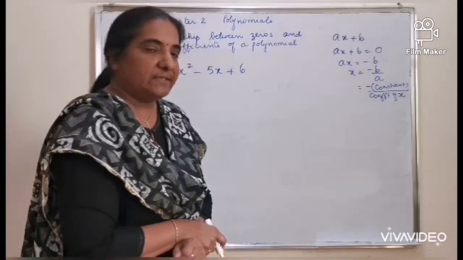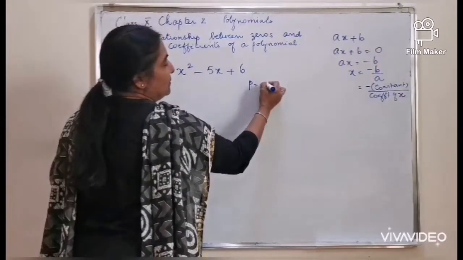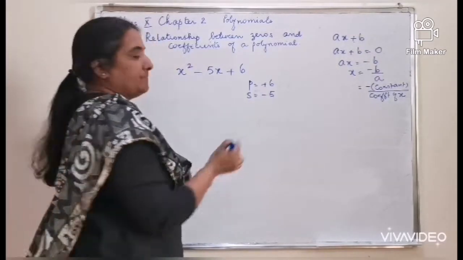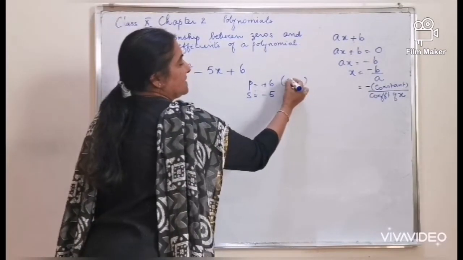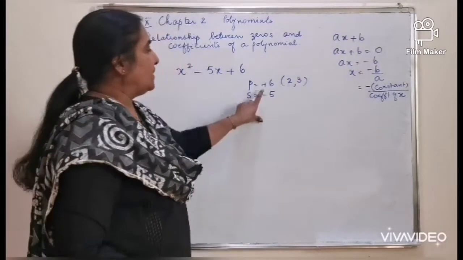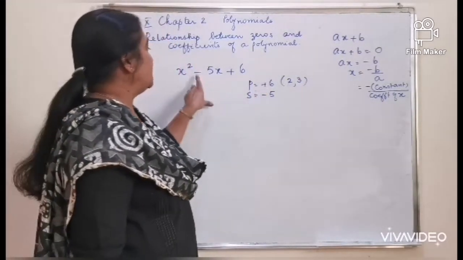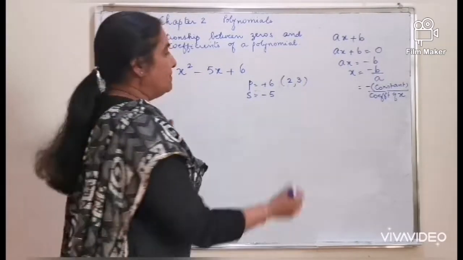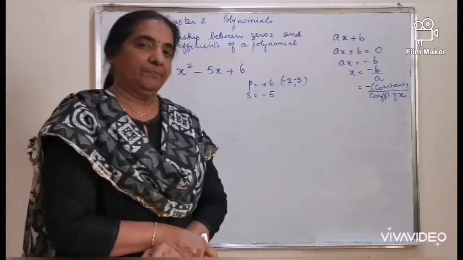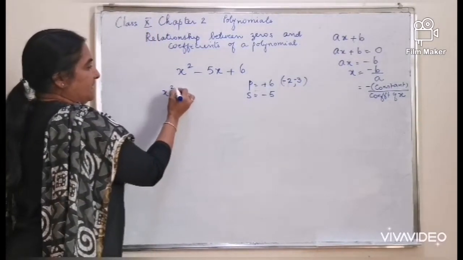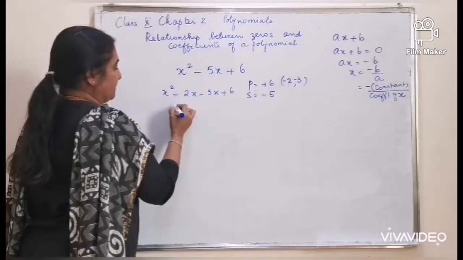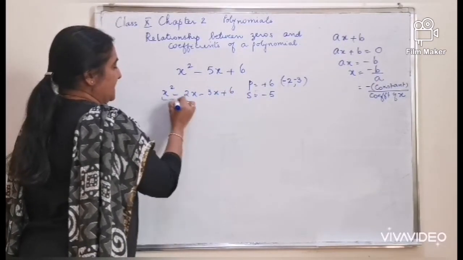By splitting of the middle term, product is equal to plus 6, sum is equal to minus 5. The factors of 6 are 2 and 3. As per the rule, when the product is positive, according to the sign of the sum, both factors will have the same sign. You will factorize as x square minus 2x minus 3x plus 6, x into x minus 2